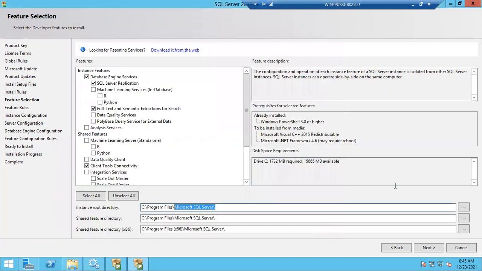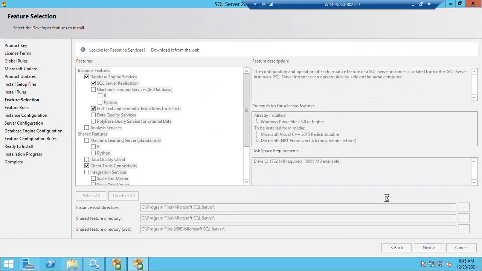Once you go to the next screen, in the last step itself, we just went to the next screen, right? So automatically it will create this folder, Microsoft SQL Server. 99% will store these folders in the C drive only. Later, some of the files will be changed to other drives, that I'll show you. Okay, let me go to next.